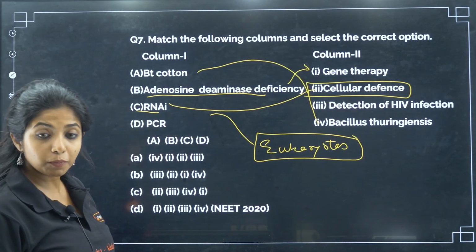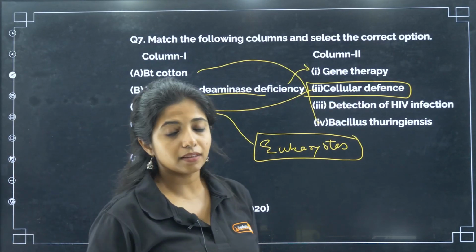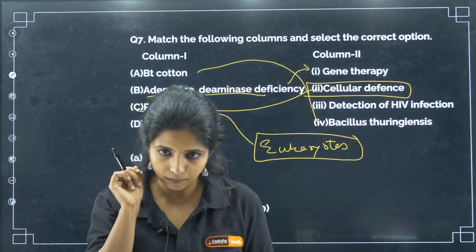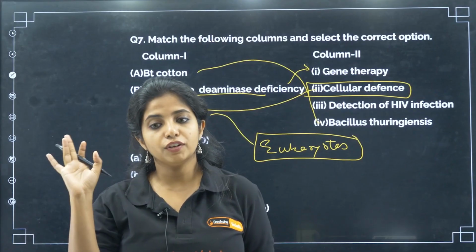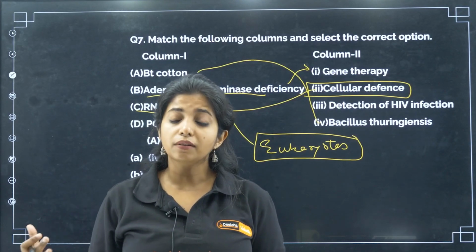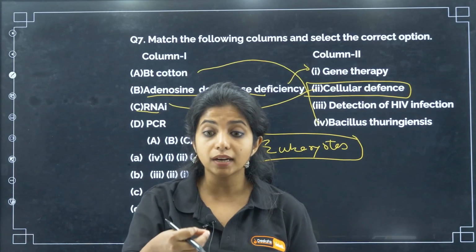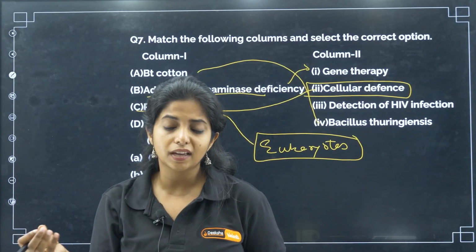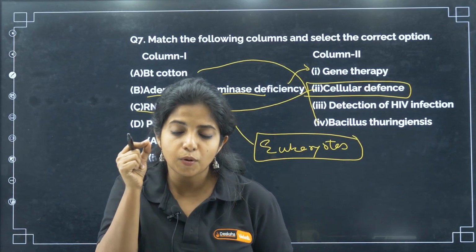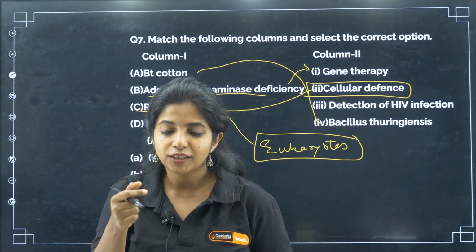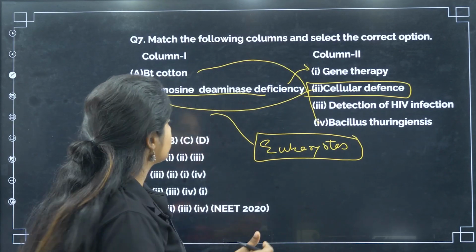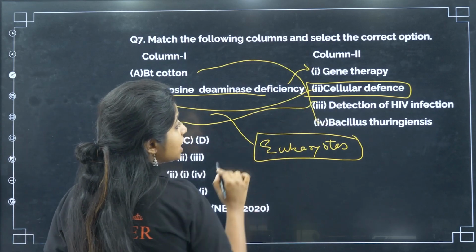Okay, now what do you mean by PCR? PCR stands for polymerase chain reaction, and PCR is something that can be used for finding even trace amounts of pathogens in the body. Very little amount of pathogens there, we do PCR, because in PCR what do we do? We amplify it, we increase the number, right? So that's why we get to know, okay, I can test and identify that this particular person has this particular disease. If it is found in trace amounts, there should be some method to amplify, right? Otherwise we would not be able to do correct analysis. So it helps in correct analysis,